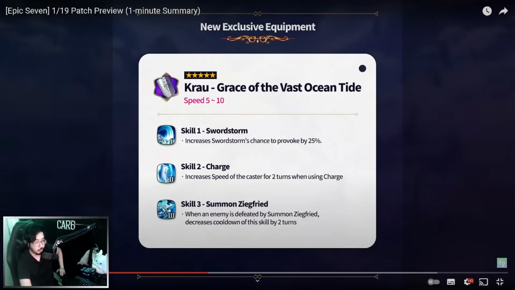10 speed, nothing to scoff at. 100% chance to provoke, or I believe that's 100%. Let me know if I'm incorrect on that, guys. I'll double check after the video. But yeah, I think he's 75 base, which is always awkward because a lot of other knights, right, Fallen Cecilia